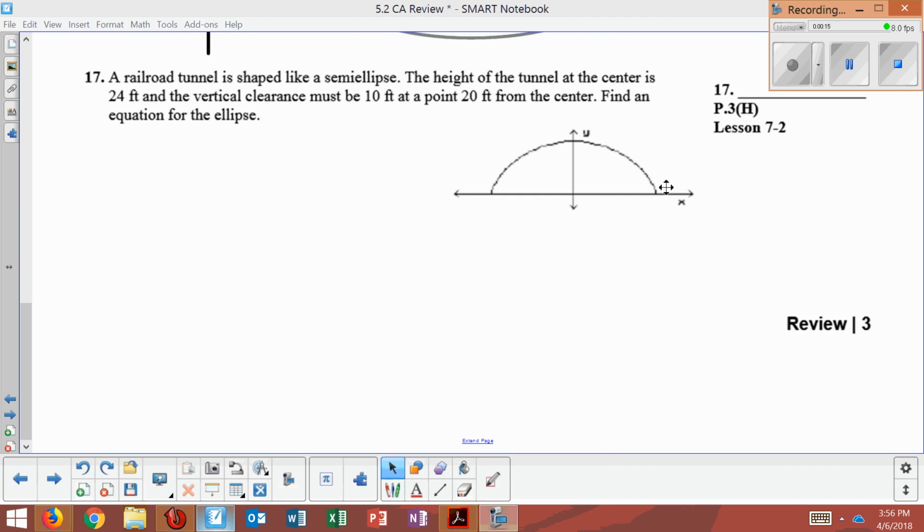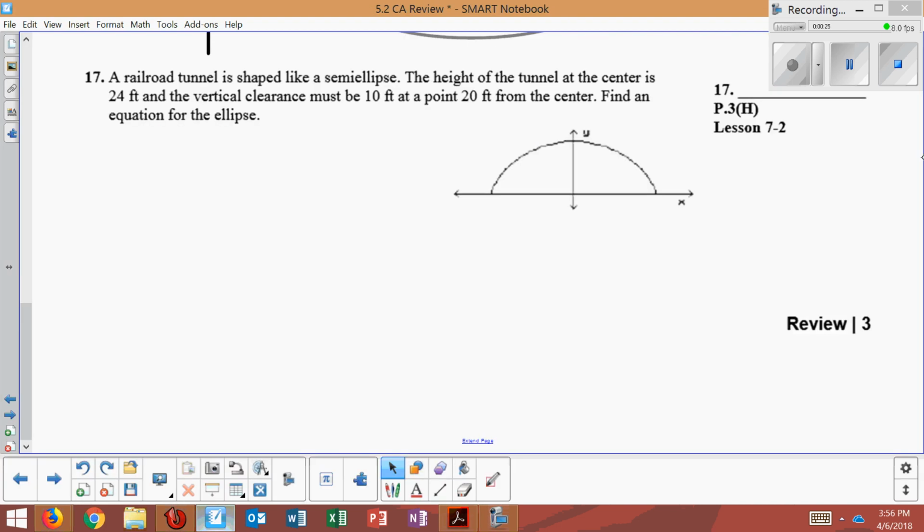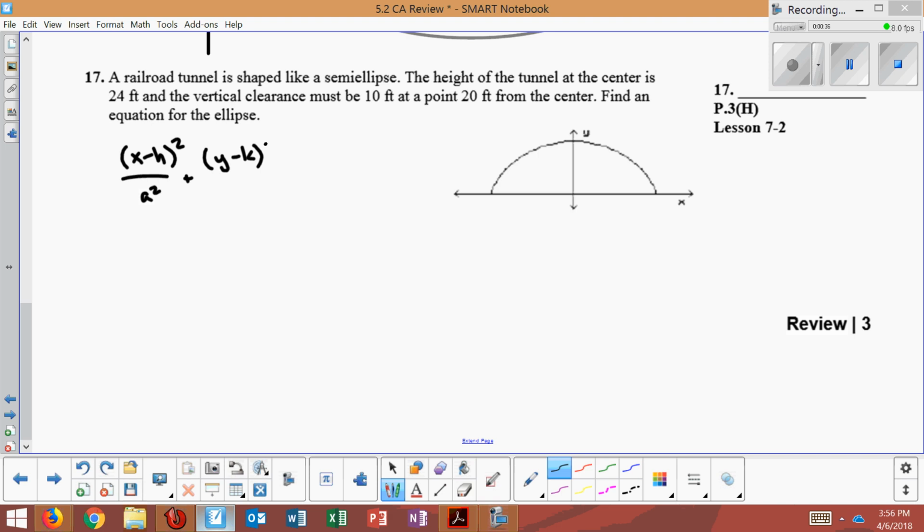First, looking at this, it appears to be a horizontal ellipse. So I'm going to take an ellipse formula, and it's shown here. That's the horizontal because A is bigger than B. So I'm going to use that formula. I'm going to first copy that down. So we have (x minus h) quantity squared over a squared plus (y minus k) squared over b squared,